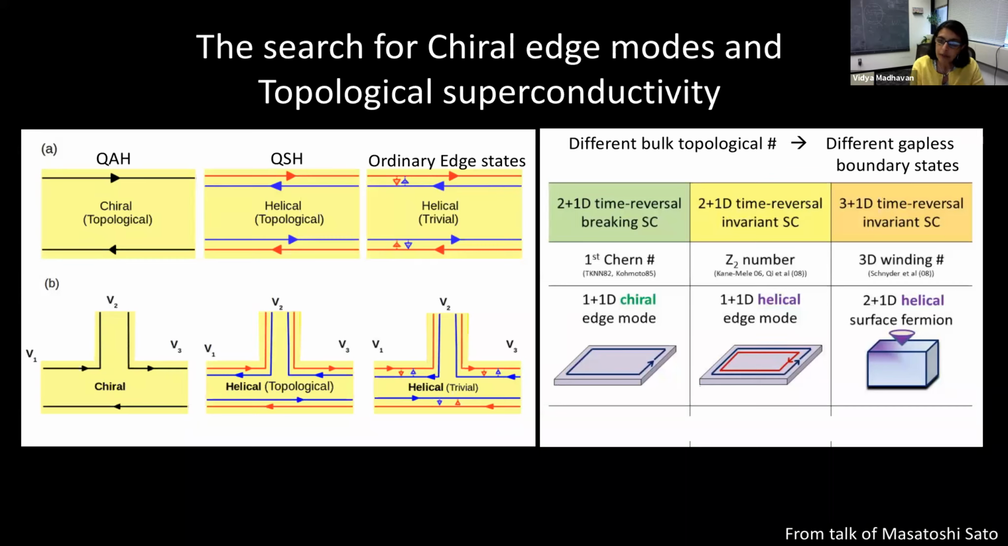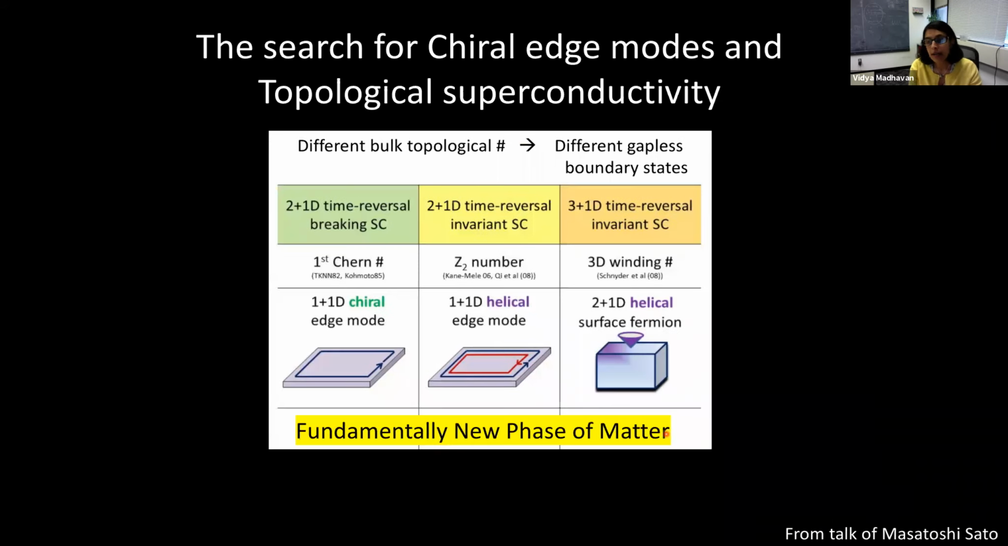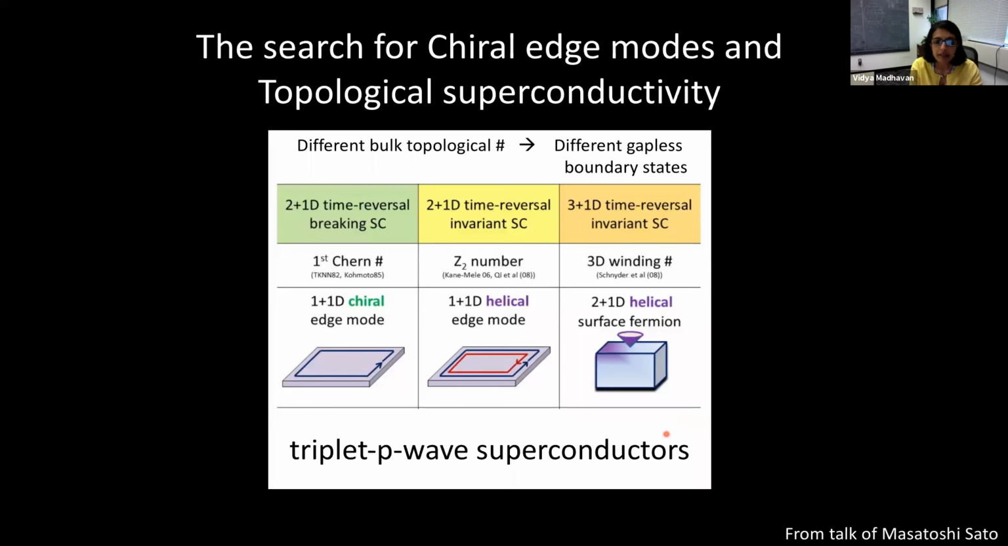And in these topological superconductors, one of the interesting things is that depending upon the topology of the bulk, you also expect to see very interesting both chiral or helical edge and surface states. And of course, the important thing about these superconductors is that they are a fundamentally new phase of matter. Now, the first question one might ask is, where might you find such topological superconductors? And the answer is, one of the places to search for these kinds of non-trivial superconductors is in triplet p-wave